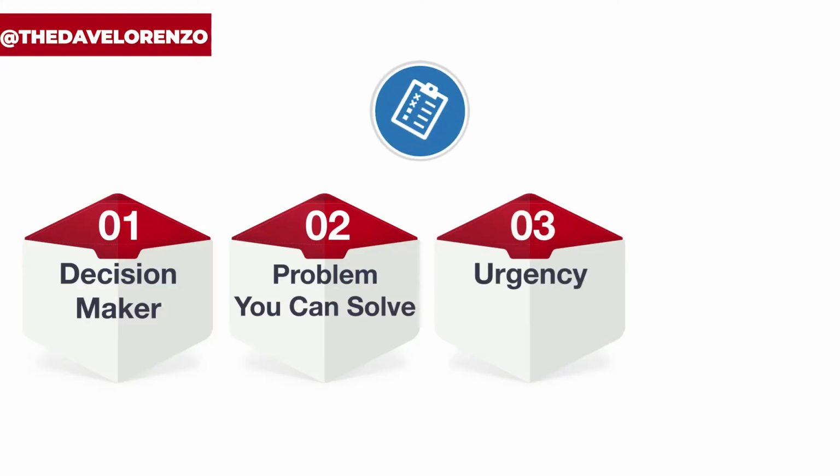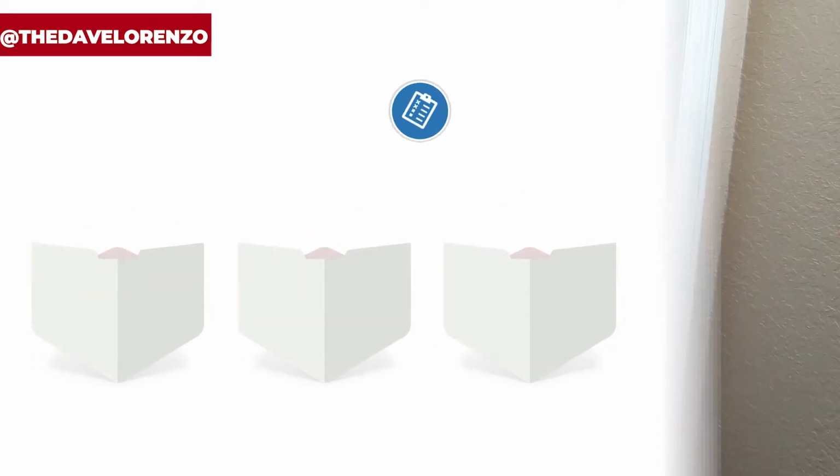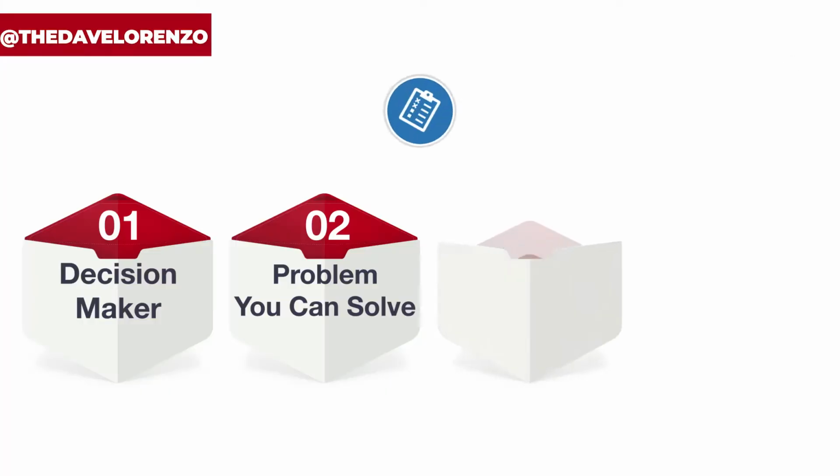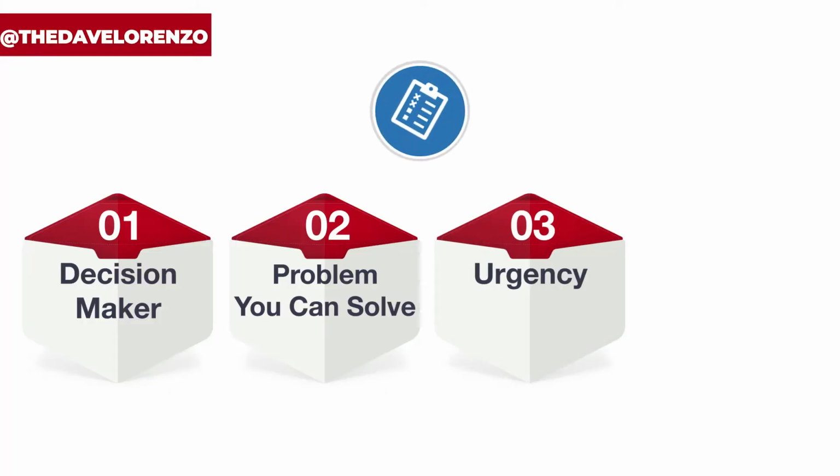The third thing we need to make sure of is that they have to have urgency. They have to be ready, willing, and able to take action right now. And then the fourth thing, of course, they have to have the money. They have to be able to pay us. If they can't afford to pay us, then we'd be doing charity work. You work to make money to enable your lifestyle. You don't work to contribute to the betterment of people who should otherwise be paying you. So those 4 things are critically important.